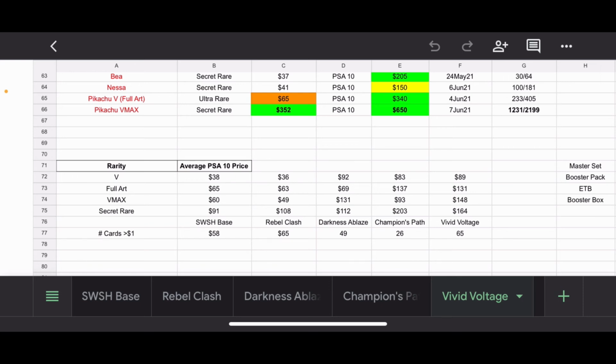And then Secret Rares, $164, not bad. There's a lot more Secret Rares within this set, and you have some gold trainer cards to kind of bring the average down. So the fact that it's close to Champion's Path, when Champion's Path was super limited on the Secret Rares, it's very solid. Vivid Voltage, by far, at least what we've talked about, the number one set in Sword and